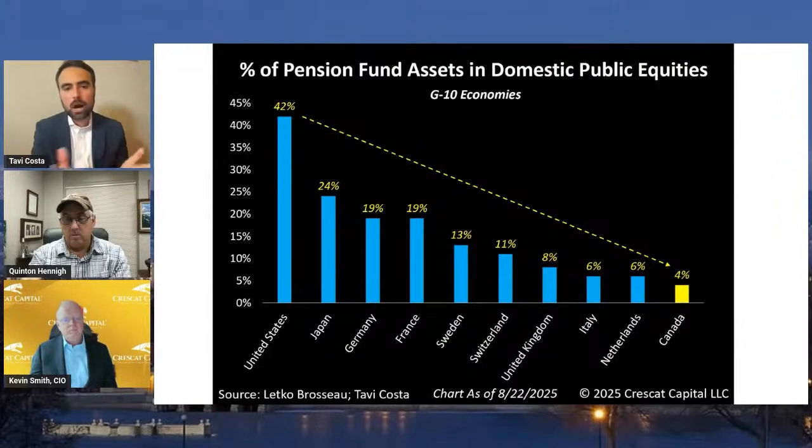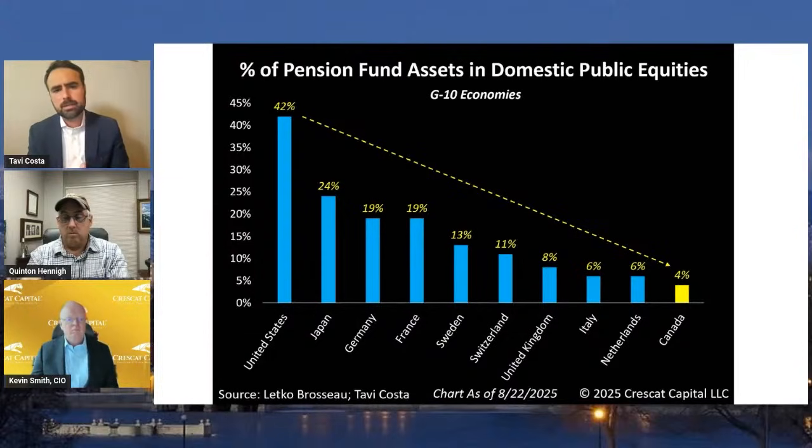And so, well, let's look back at other G10 economies. Why G10? Because most of the developed world countries have some sort of pension, more of a defined formula for that. And so you have here, the U.S. is about 42%, not a shocker. Hence why we have so much capital in the U.S. And most of these other economies, if you just do the math, potentially the other side of their balance sheet is probably in the U.S. So Japan, 24% is in public equities in Japan. Where's the other 75%? Maybe half of it is in the U.S.